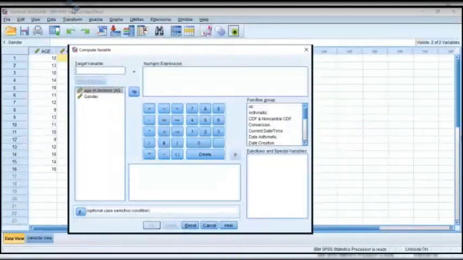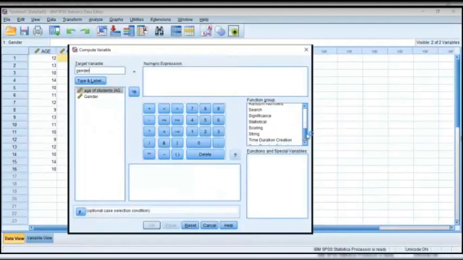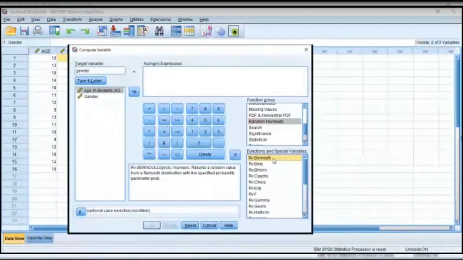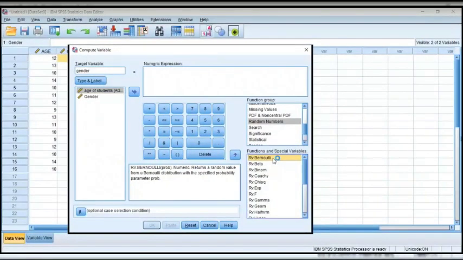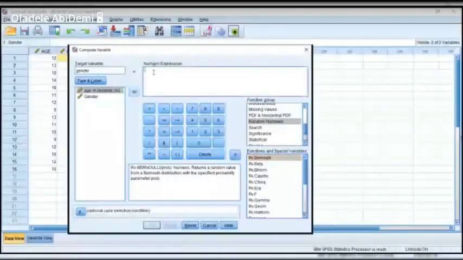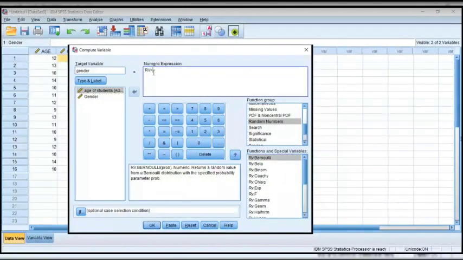Now, I'm trying to get a gender. I'm typing in the variable name gender, and I'm simulating it randomly. I'm using random numbers to simulate it. And gender is in two categories. It's either you are a male or female. And that's why I'm using Bernoulli. Now, in this particular dialog box here, you are told that if you want to use Bernoulli, just type random variable rv dot Bernoulli.